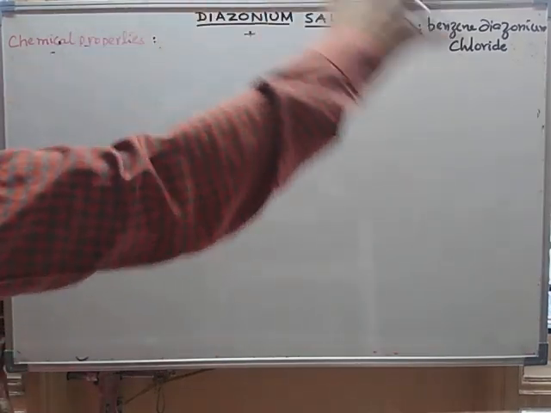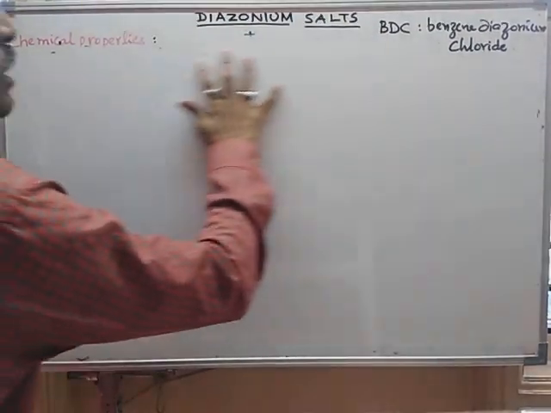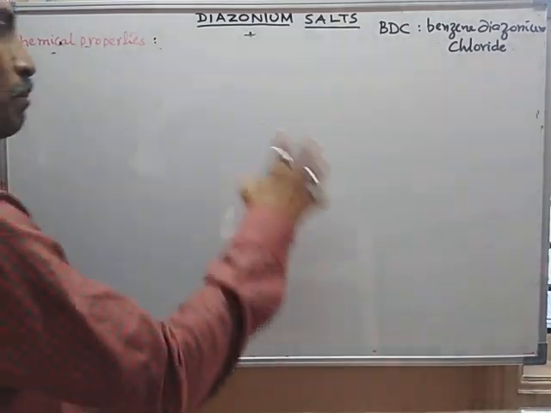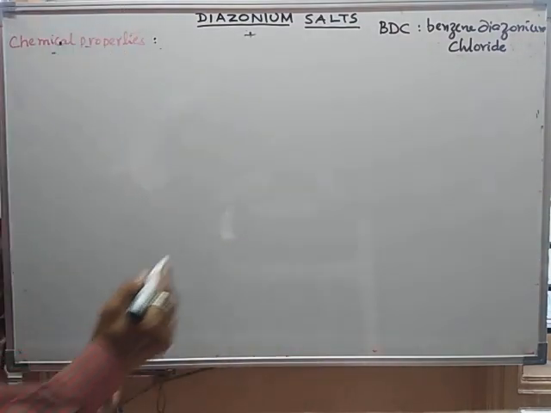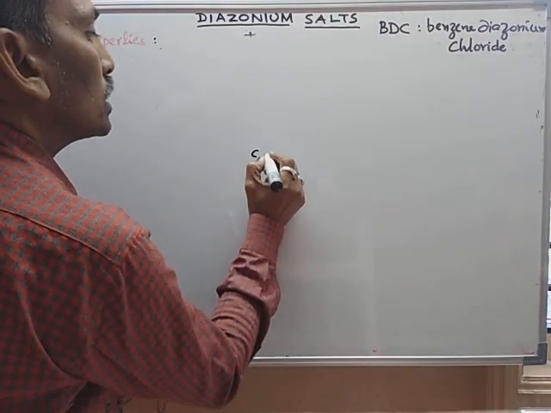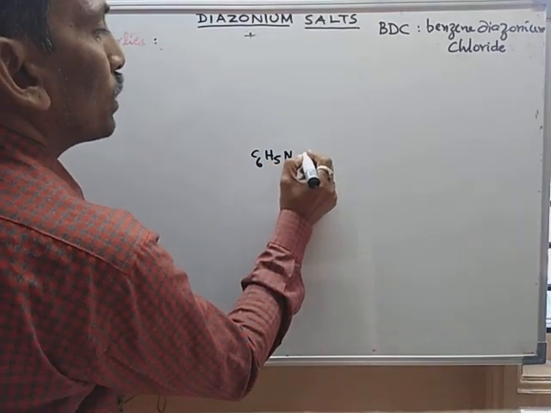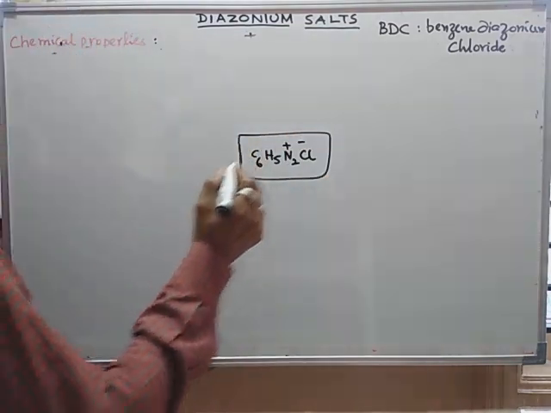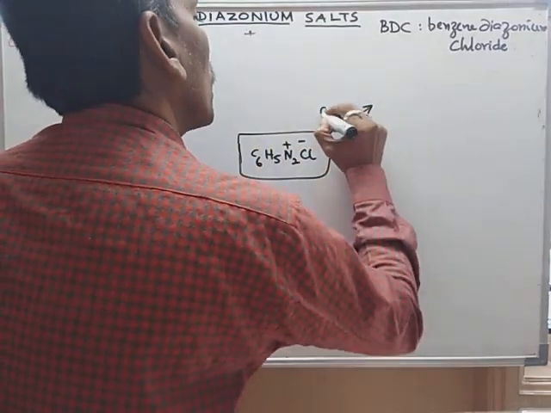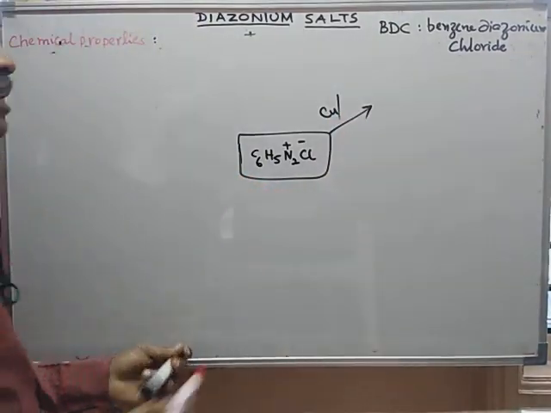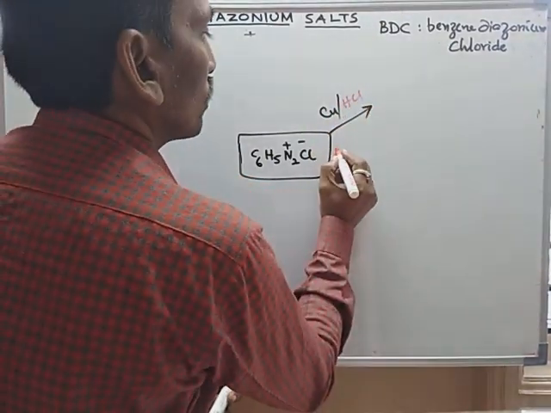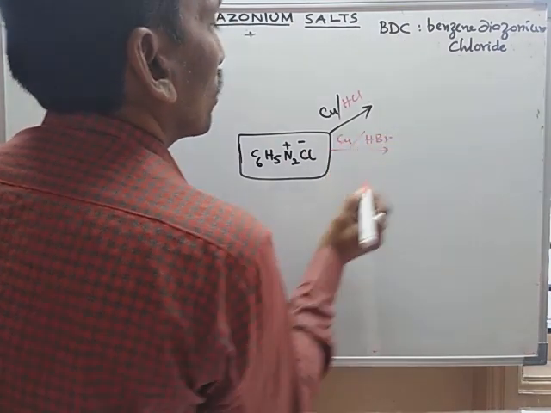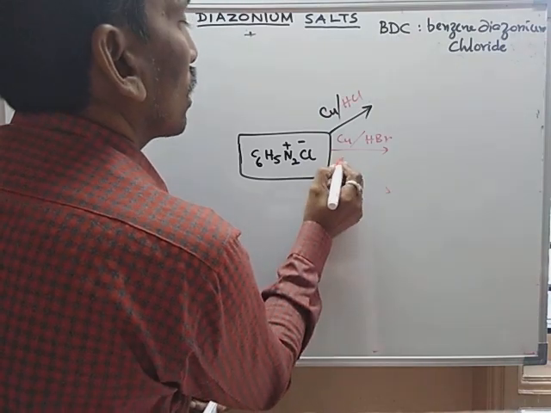Yes, how do we conclude a summary of the chemical properties of diazonium salts for better learning? I would like to give some schematic representation here. You can easily follow. C6H5N2 plus Cl minus, this is benzene diazonium chloride at the center. If you treat with copper metal and HCl, what is produced? Here copper metal and HBr, here copper metal